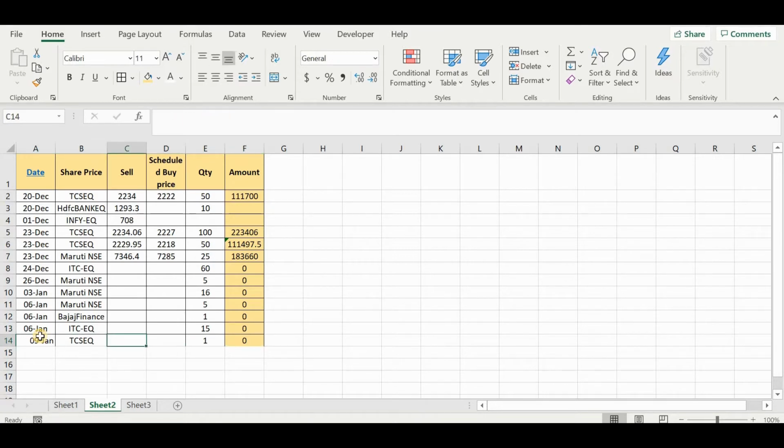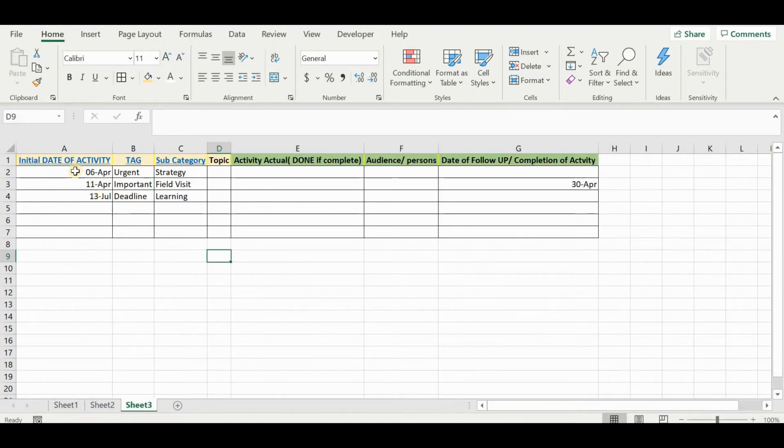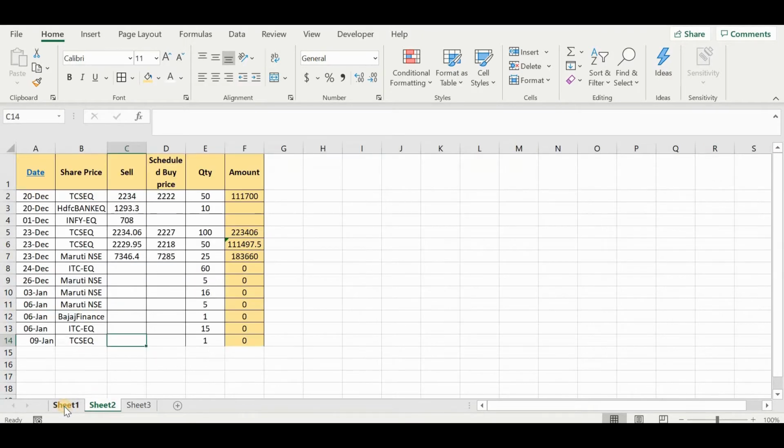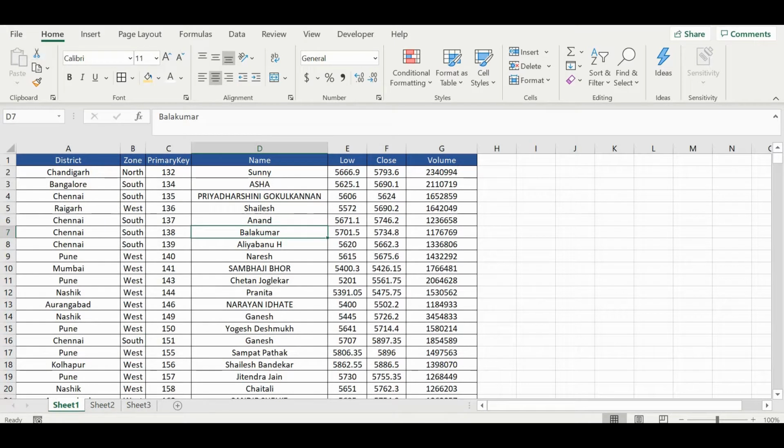Okay, then let's see, you could also have some more data where you would want to track your work, what are urgent tasks, etc. So this is one of the forms. Suppose you also want to track your customer records, whoever has been met, and when is the next renewal for him, whether it is AMC. So what I basically want to show you is that Excel can be used to store the data, right? That is the first thing.